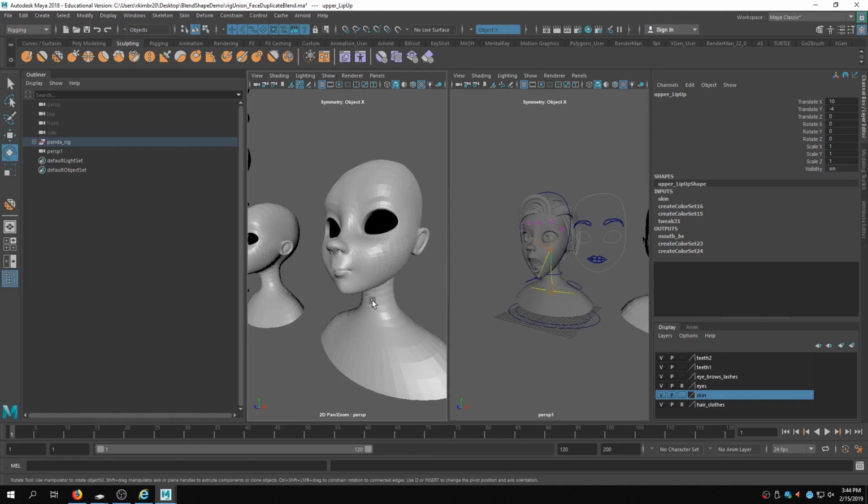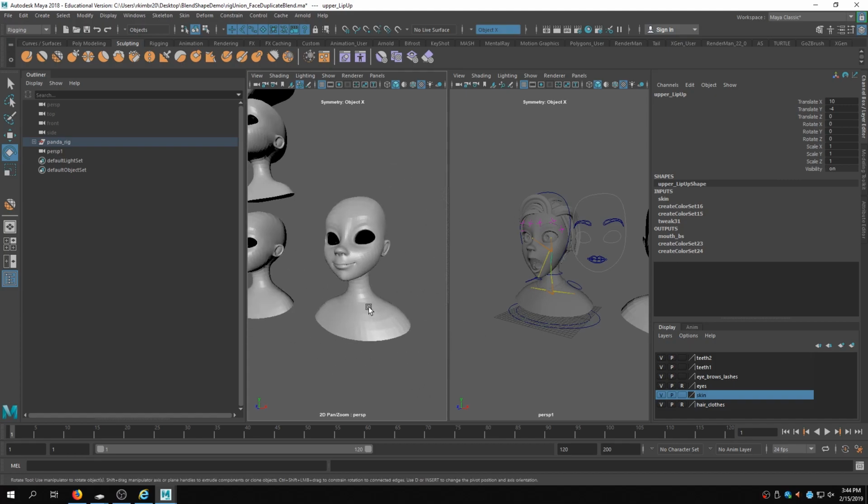I have a question. Yes. So when you're using this method of having multiple faces, how does having multiple blend shapes work, or one per each face, how can you apply that to one of them? Is that what that one on the right is for? Yes, so this one over here,